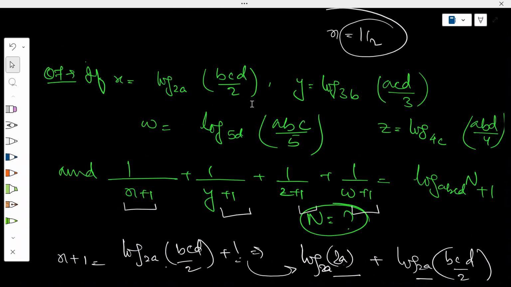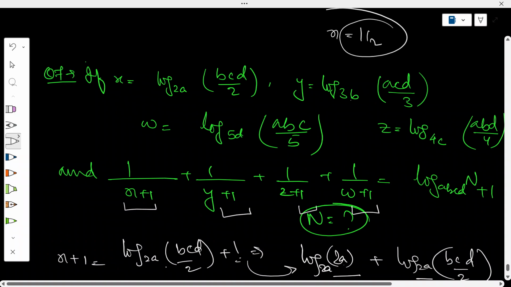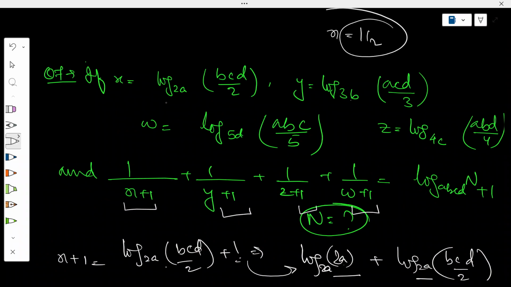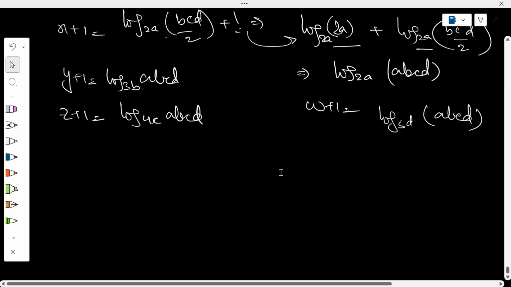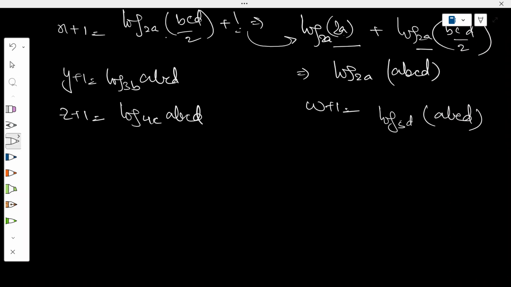एट द बेस log बेस 5d प्लस ये जो लिखा है इसको हम ऐड करेंगे तो 5d इसमें मल्टीप्लाई होके आ जाएगा, 5 कैंसिल हो जाएगा, d यहाँ बच जाएगा। चलिए 3b यहाँ मल्टीप्लाई होकर जाएगा, 3 कट जाएगा, b आ जाएगा, तो जो भी वेरिएबल बचा हुआ है वो मल्टीप्लिकेशन में आ जाएगा। यहाँ a बचा है abcd आ जाएगा, b बचा है abcd आ जाएगा, d बचा है abcd आ जाएगा, और c बचा है abcd आ जाएगा, तो इसीलिए सारे ये अंदर abcd आ जाएंगे। देन आप लोगों को रिवर्स ऑर्डर में लिखना है, तो अब रिवर्स ऑर्डर में